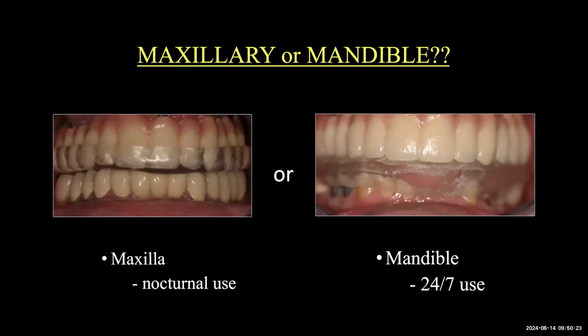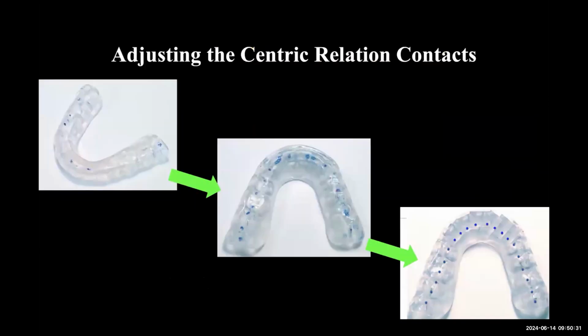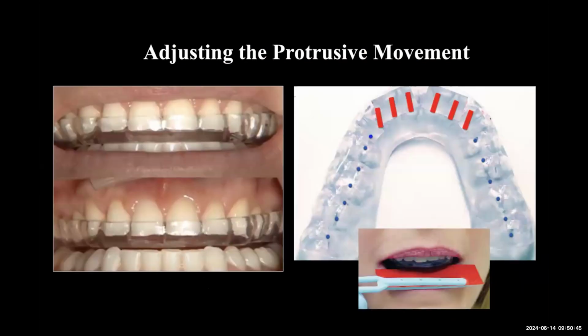It can be done on the maxilla or the mandible. It is basically the preference of the doctor and/or the patient. Now, the type of contacts you need are centric contacts, and you want even contacts. Okay, you just don't want a couple contacts here or there. You want them equal when the patient is in centric, and then you make sure when the patient goes to